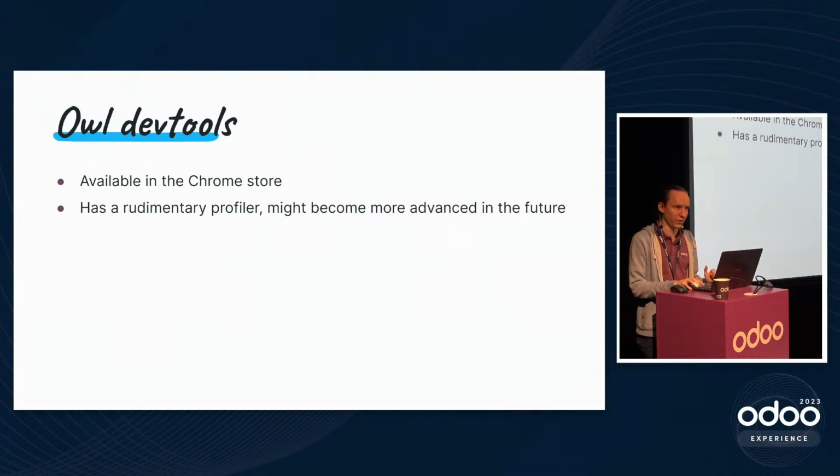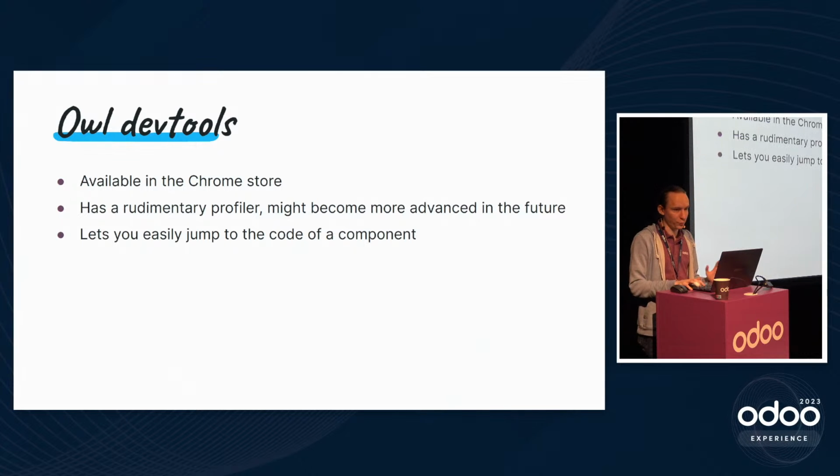It would be nice if we could export also flame charts of component rendering times. At the moment, we haven't really had the need to, so we haven't invested the time. But if it's something that you would like to see, please let us know, and maybe we'll bump this up in priority. What's really great about the Owl DevTools, which is something that's typically difficult to do but becomes trivial with them,